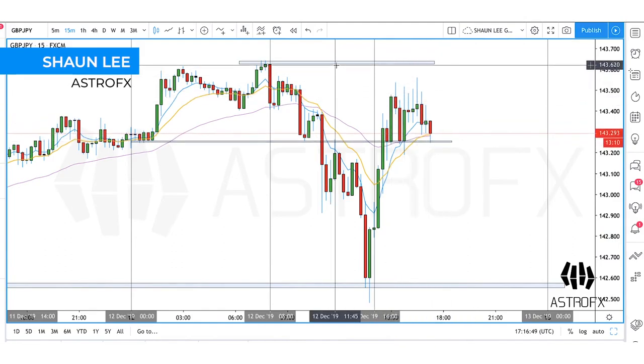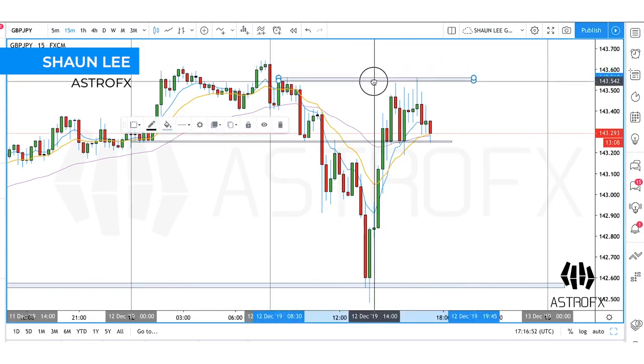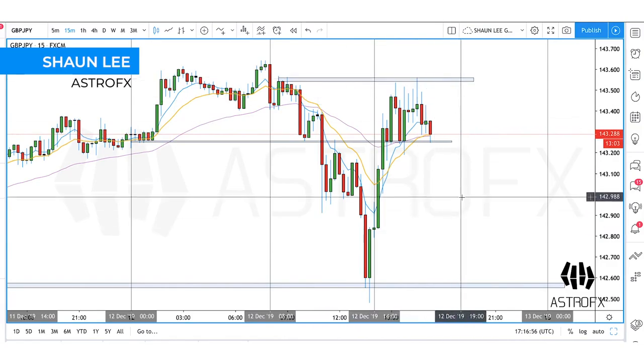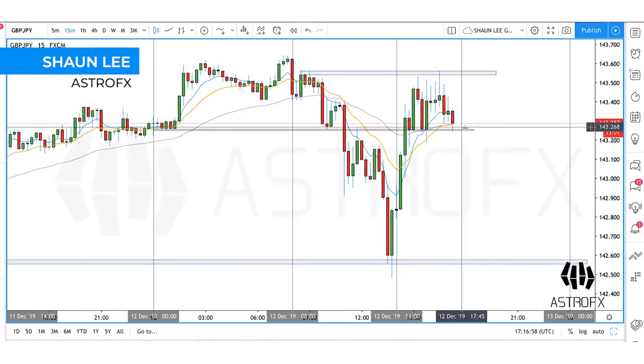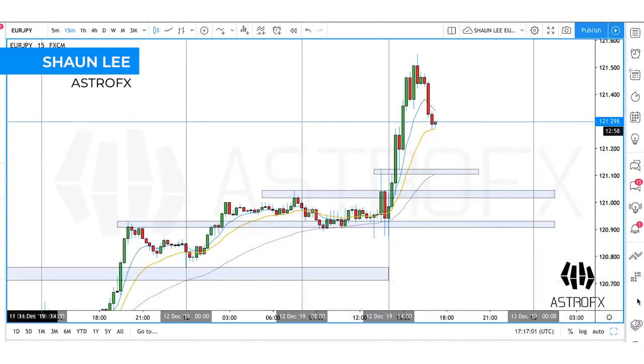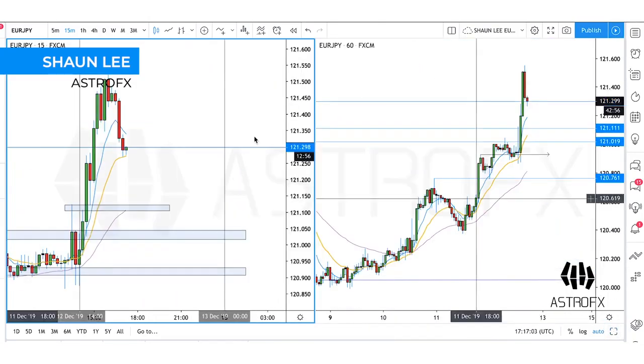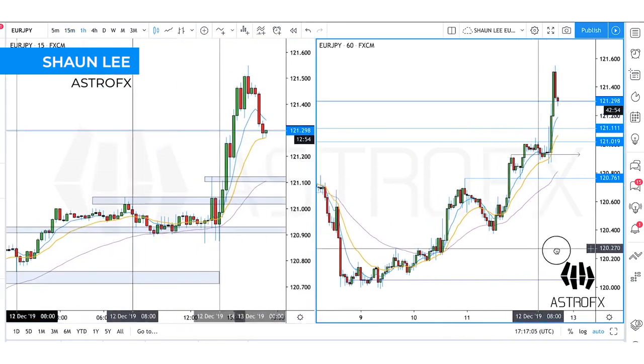If I really wanted to go into detail, I could say, okay, cool. Here, this area was the session high, and we've spiked into that session high right there as well. So I'm looking at price action pushing back below and maybe giving us some downside. Same with EJ really, but we'll see how that one performs. So that